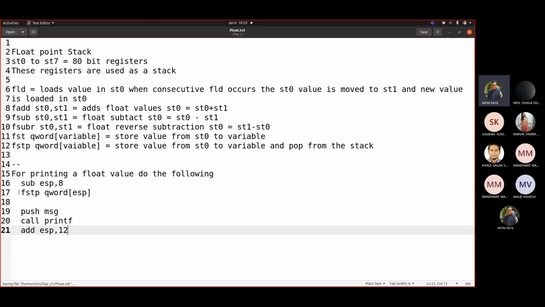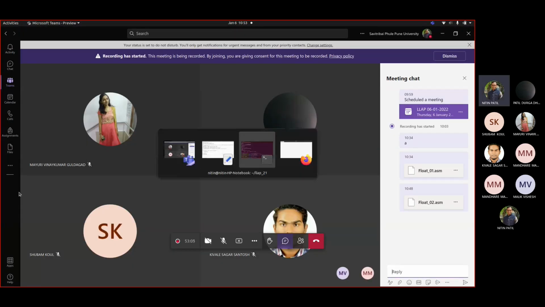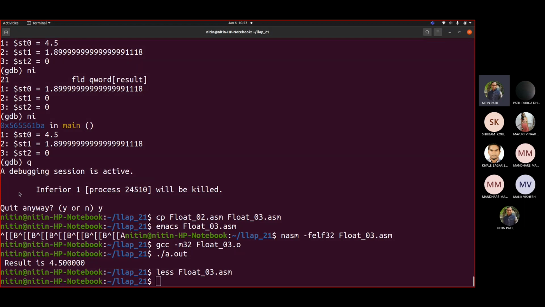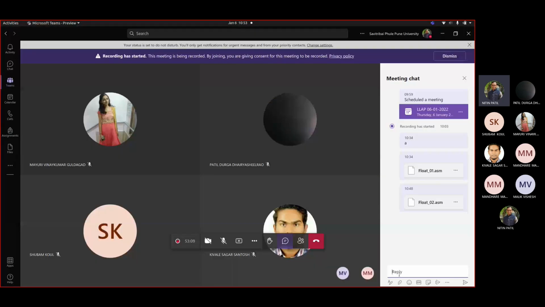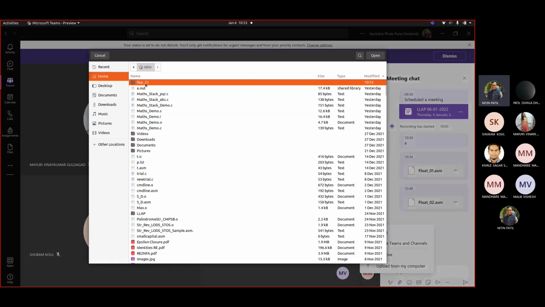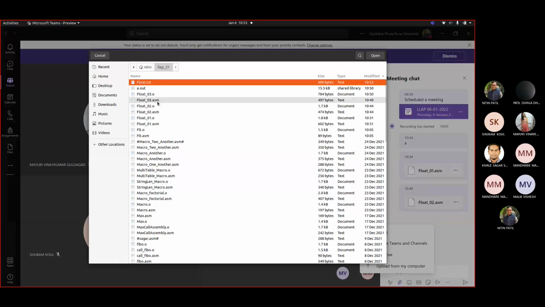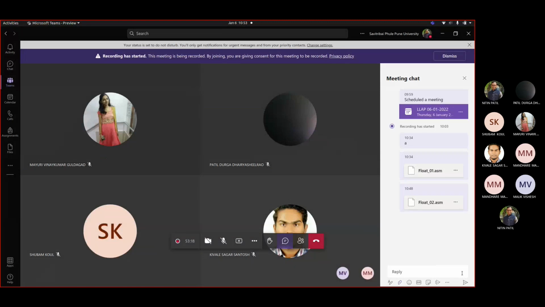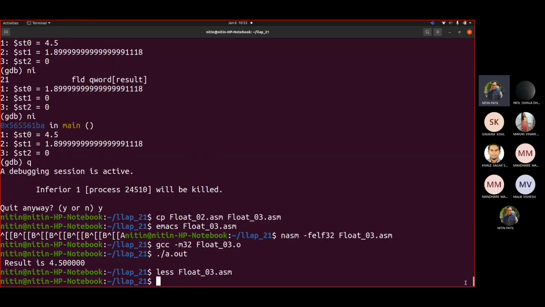And right now we have this. Okay. So let us go back and let me add this float code 2 for you, on how to print float. Fine.